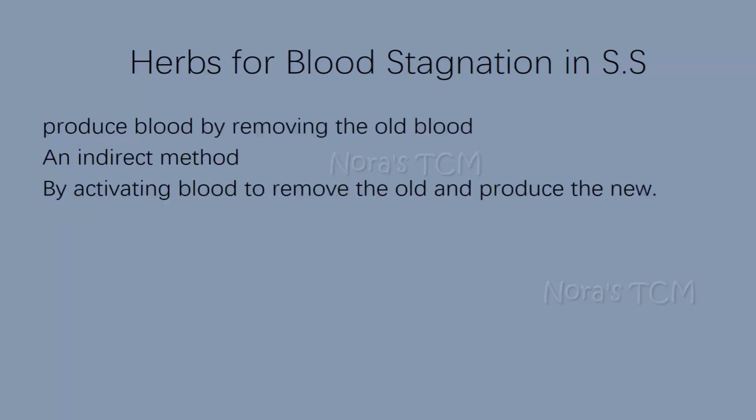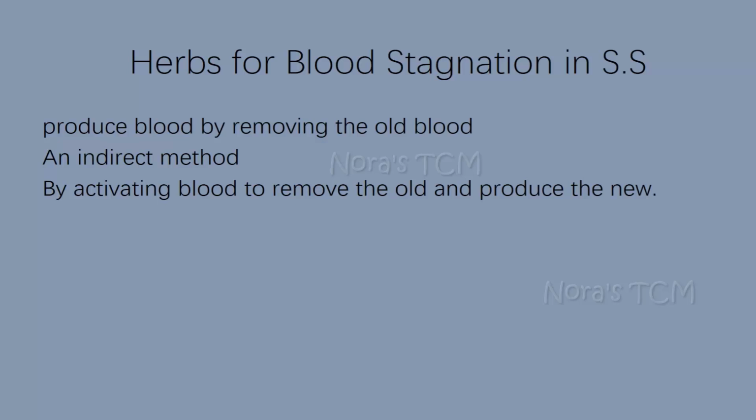Herbs for blood stagnation. We have mentioned in the pathogenesis, in the formation of the disease, that with the developing of the disease, it will combine with blood stagnation, especially in the late final phase. But here we have to mention, some of the herbs applied here cannot generate the function of generating blood. So when a doctor explains that herbs are used to generate blood or produce blood, most of the time it's